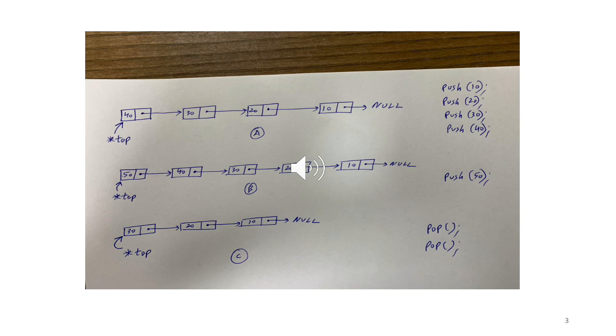If you have no nodes, of course top is null. If you have one node, top will point to the node with data 10, which means it will contain the starting memory location of the node with data 10. When you add the second node, top will point to the node with data 20. Adding the third node, top will point to the node with data 30, and adding the fourth node, top will point to the node with data 40. So every time you are adding a new node, top is changing. That is intuitive.